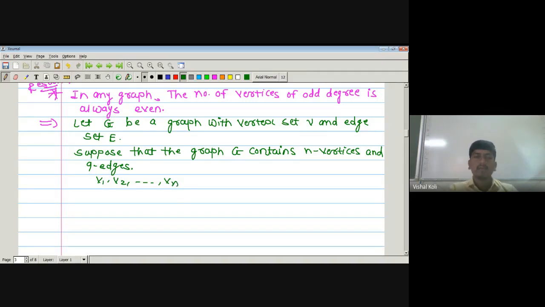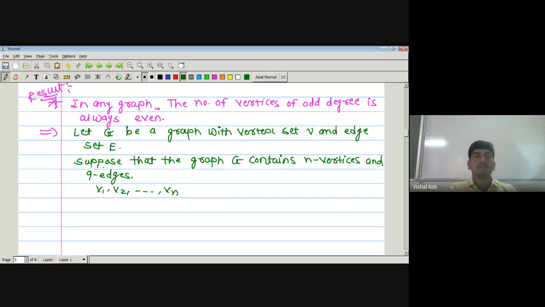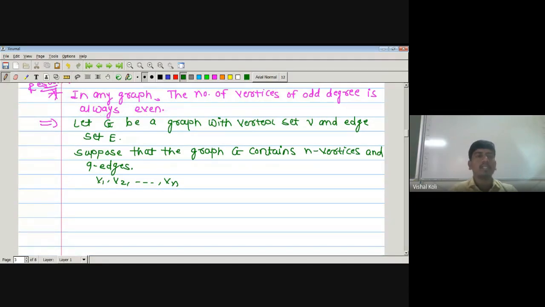And the handshaking lemma states that the total degree of a graph G is twice the number of edges in G. As there are q edges in graph G, its degree will be 2 times q. That is, by the handshaking lemma,